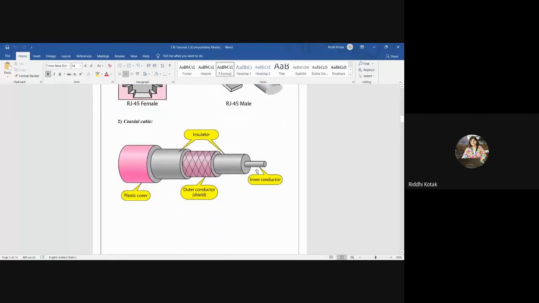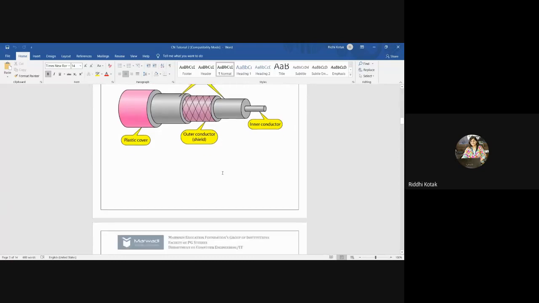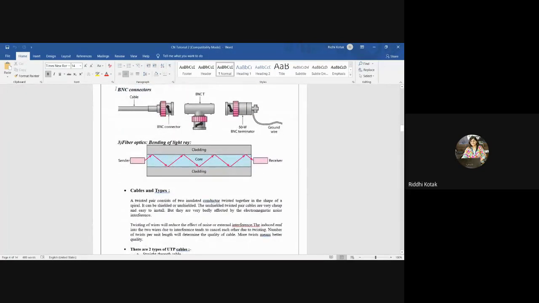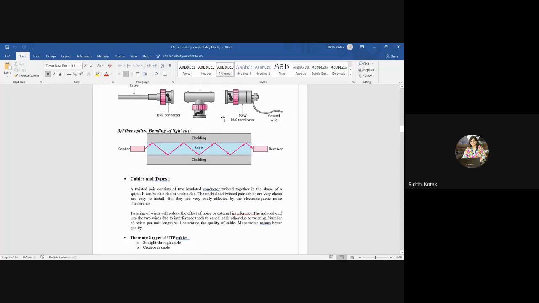Then we discussed coaxial cable and its structure. You have to remember that for coaxial cable, the BNC connector is used. For every cable, different connectors are used. So if you want, you can note this down.